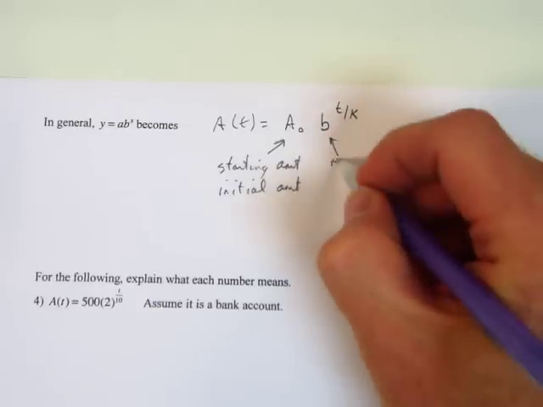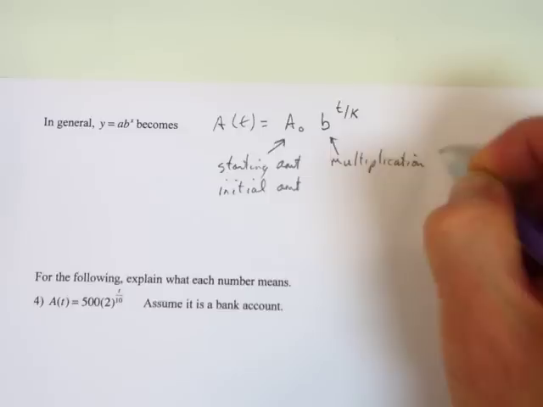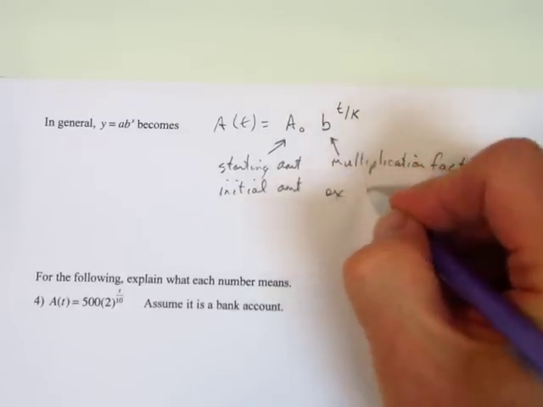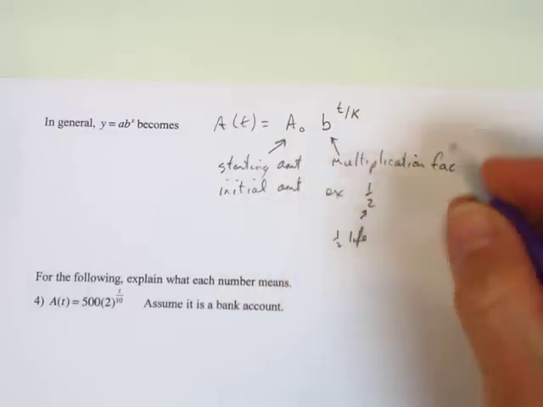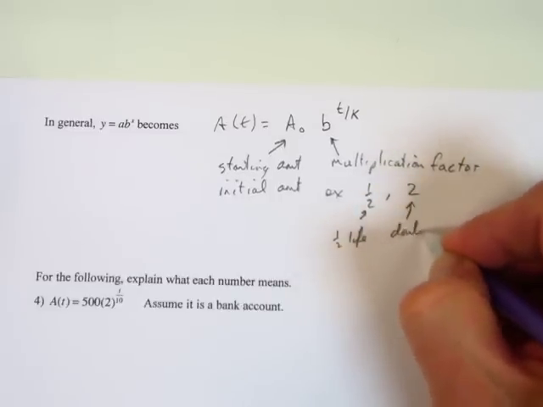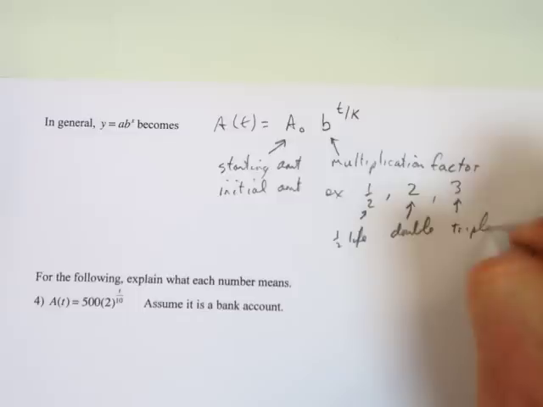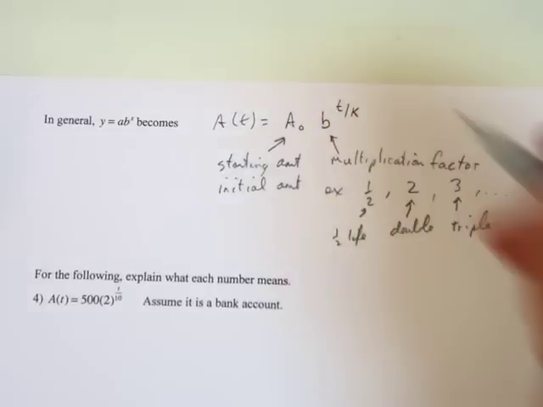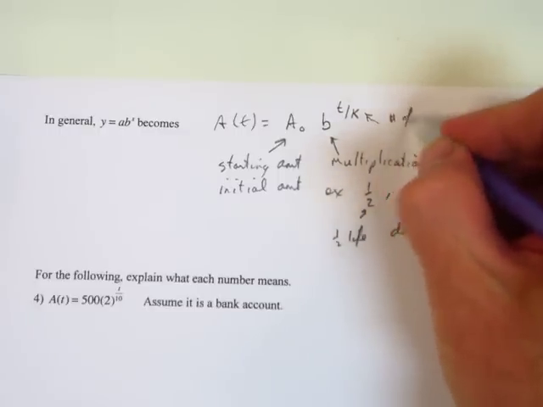B is our multiplication factor. Now what is that? For a half-life, it would be a half. What if it were telling us we're going to double? Or it could triple, like the example we just did, and we saw that it tripled every 6 hours. Whatever that multiplication factor is, and then k is the number of